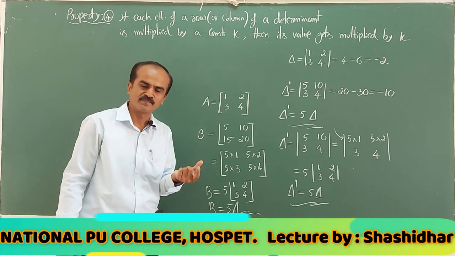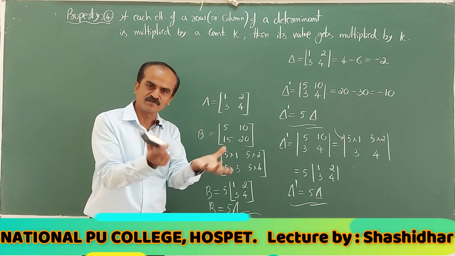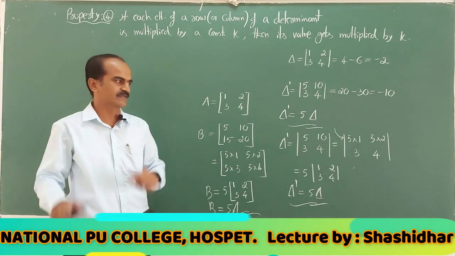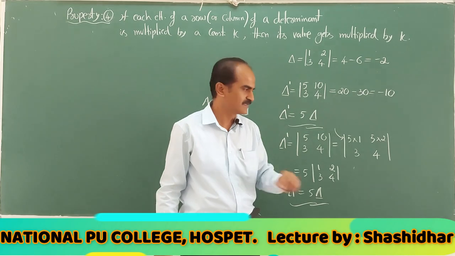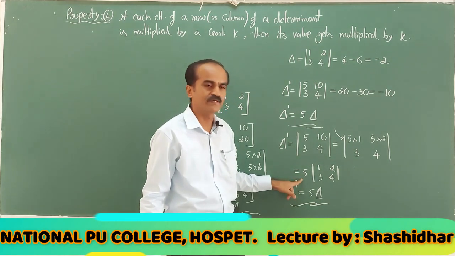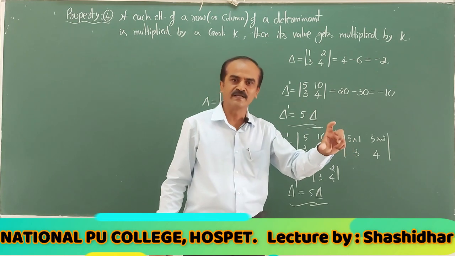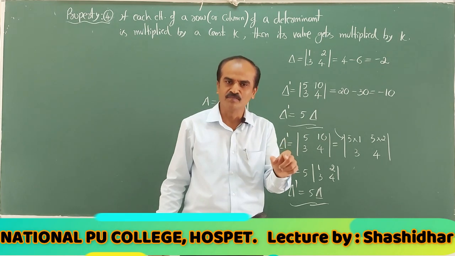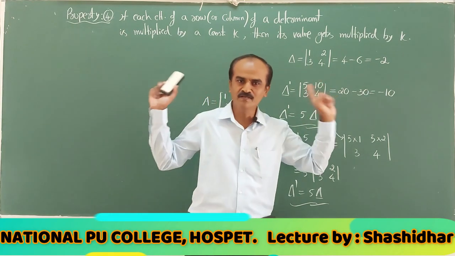Scalar multiplication of a matrix means multiply all the elements of the matrix by a constant. Or if all the elements of a matrix are certain multiples of k, you are allowed to take k outside the matrix. Similarly, here also, not all the elements, it is sufficient in any one row. If all the elements are multiples of 5, you are allowed to take 5 common. Or if you want to multiply 5 to a determinant, you should not multiply to all the elements of the determinant, it is sufficient you multiply to any one row or any one column. So that is what the property says.